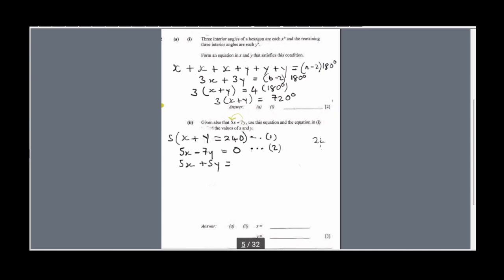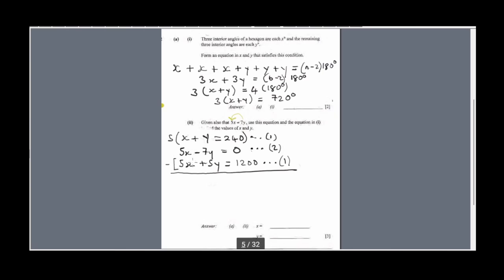So it's 240 times 5. 5 times 0 is 0. 5 times 4 is 20, 2 carried. 5 times 2 is 10 plus 2, that's 12, so that's 1200 rather. So here it's going to be equal to 1200. And this is equation 1. So now we can eliminate. We draw our line. Then we are going to be subtracting.